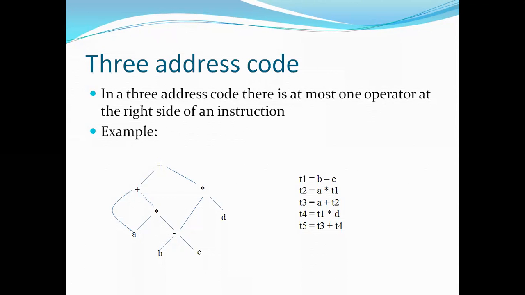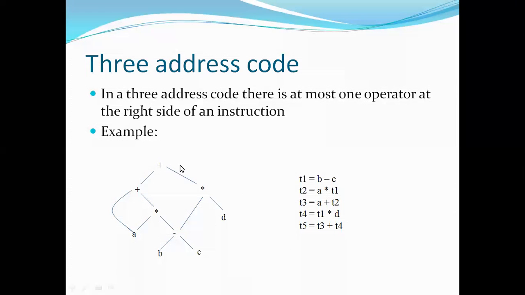For example, if I want to write two operations at the right hand side in one statement, that does not come under the three address code representation, right? That means it's the wrong representation in three address code. What three address code representation is, is only a single operation at the right side of the expression allowed at a time. And here we have some lines of statements. We call them an intermediate language, or also translation statements. Translation statements in an intermediate language.